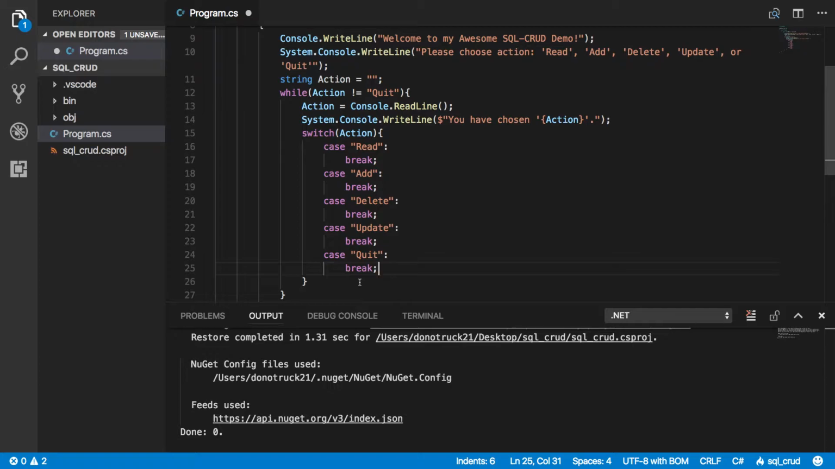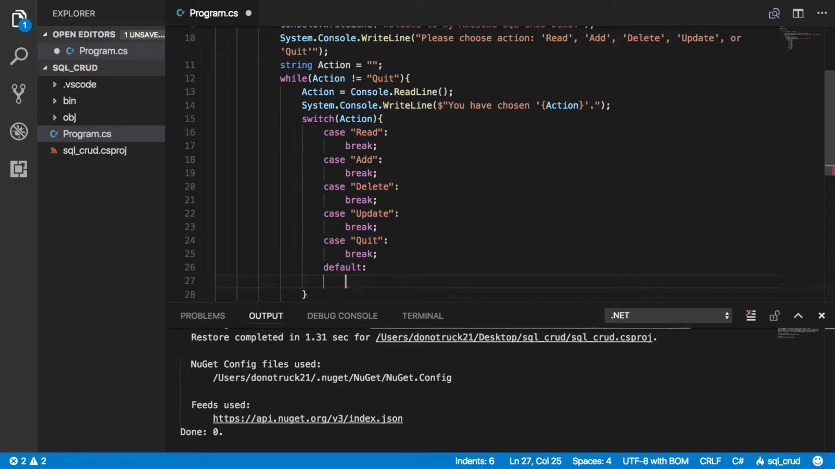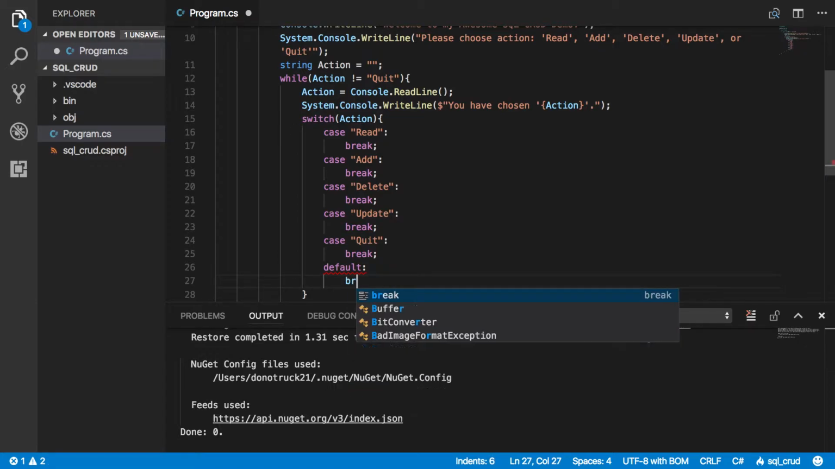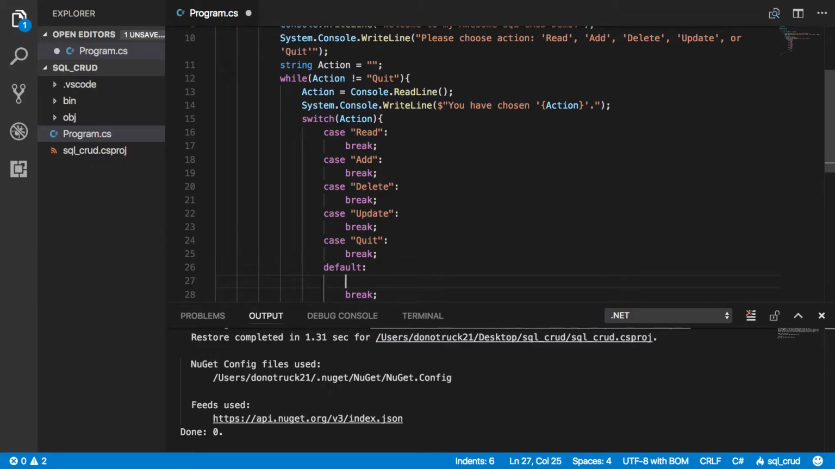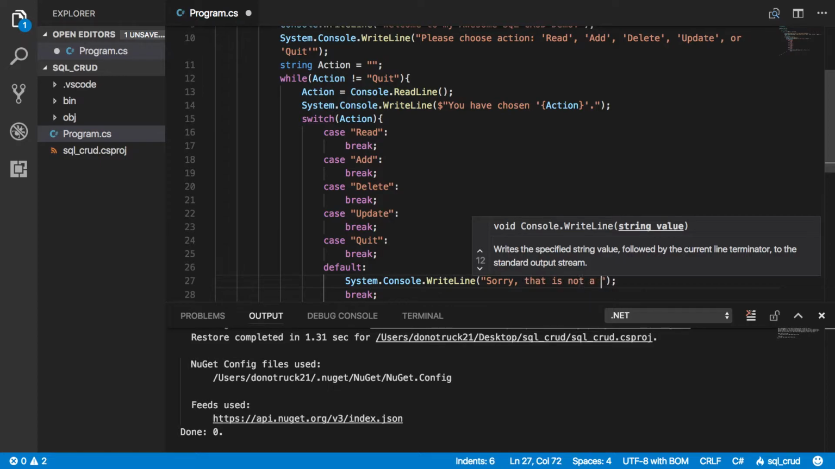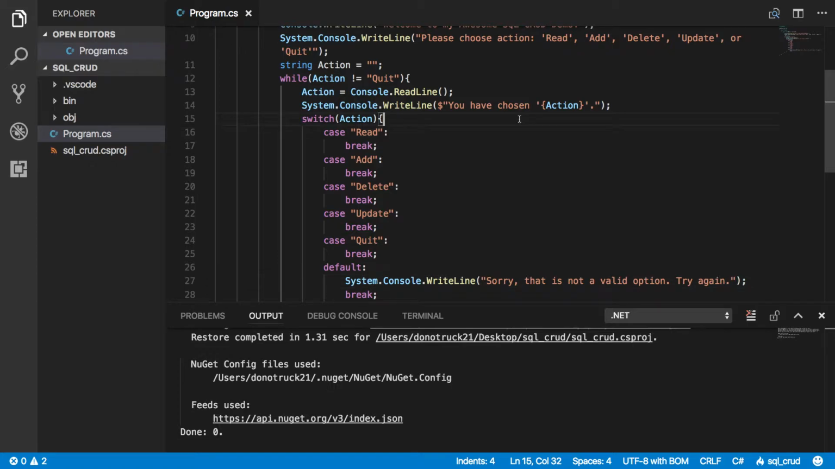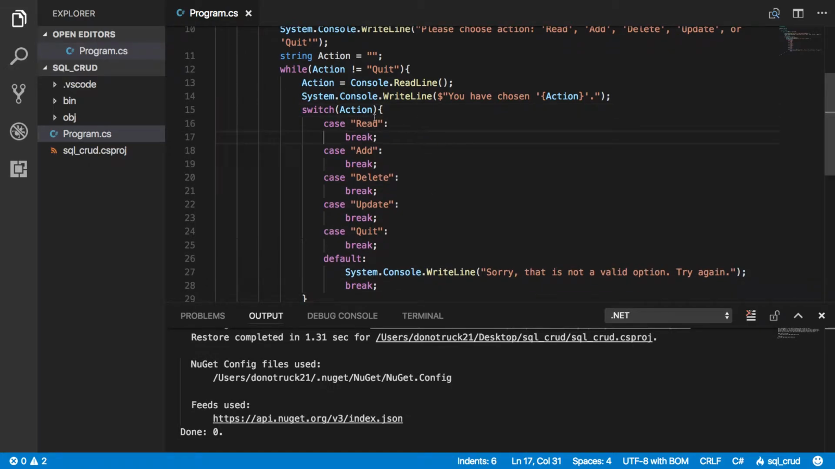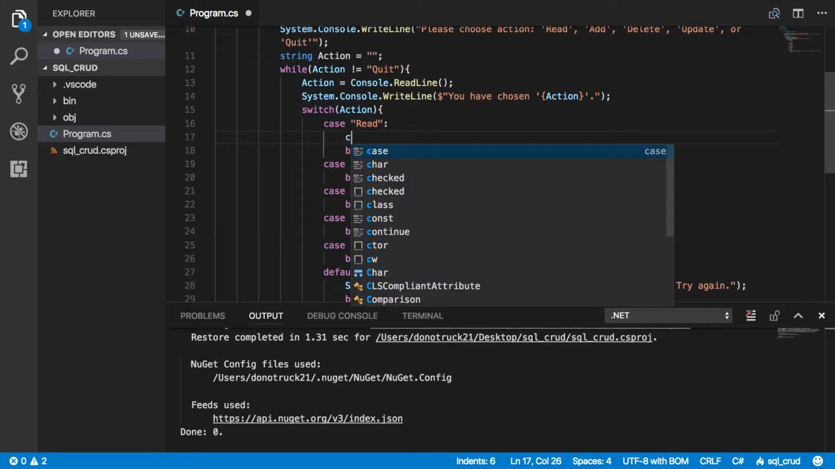And default, someone said, will be my kind of catch all statement where I'll be like, "Sorry, that is not a valid request option. Try again." Cool. So now I can do something like